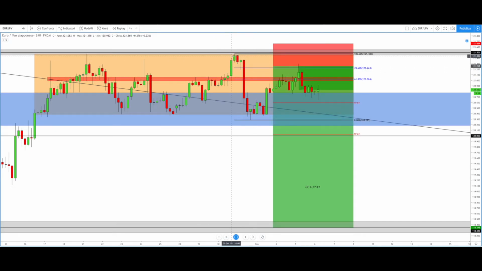So for this reason, using Fibonacci from the beginning of this last bearish phase, we found this interesting Fibonacci retracement 7.8 here around 121.30, and we can see that also we found this key level very interesting, 121, where we have this Fibonacci retracement 6.1. So for my opinion and for my analysis, the very good entry point was here, where the price in the last weeks has formed this stop hunt, and this is part of our strategy